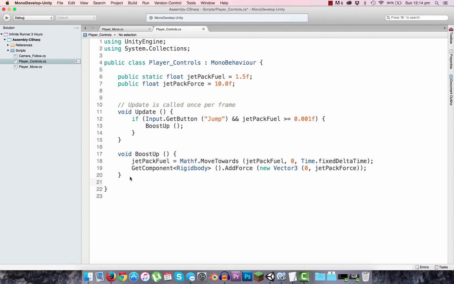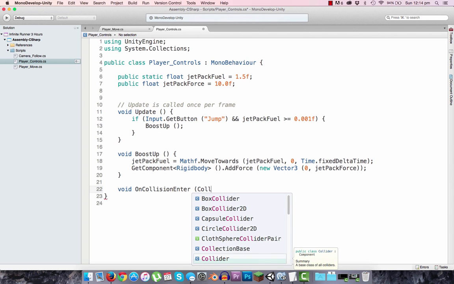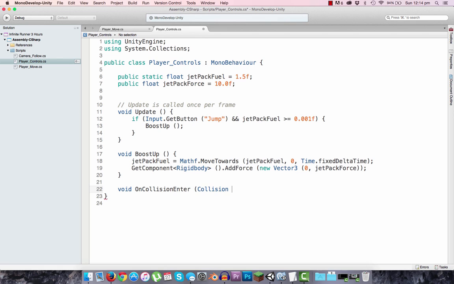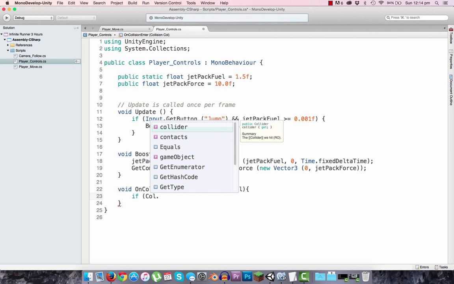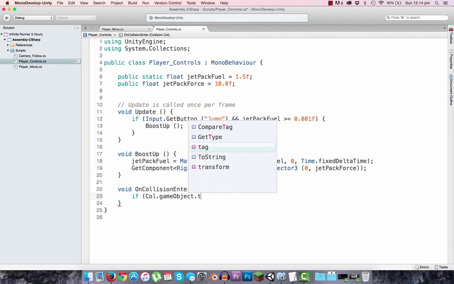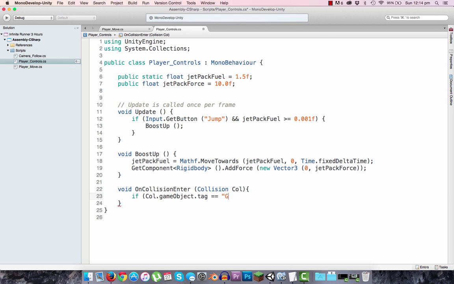Go back to the script, and we want to do void OnCollisionEnter. I want it to be a variable called collision, and we're going to call the variable col, and then we're going to say if col.gameObject.tag equal to ground,